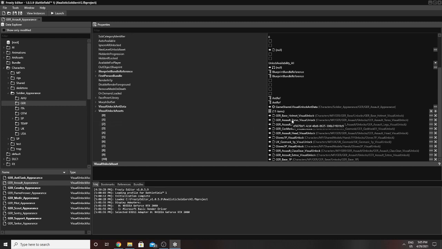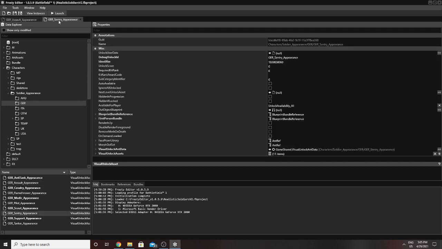But now let's say I want to give him the German assault. I don't really know. Let's just do a different class for now. Let's say I want to make the, no, I know what I could do. Let's just say I want to add the sentry armor from the sentry class onto the German assault. Just because, you know, why not? You're going to want to open up the German sentry, visual unlock assets,